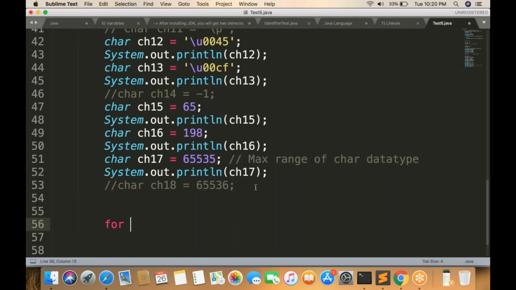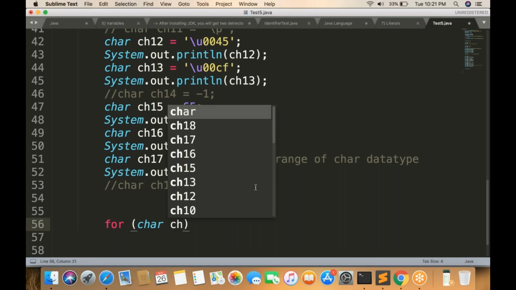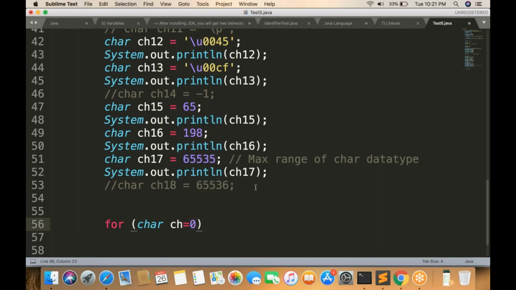Suppose I'm having one for loop. As of now, I know that you don't have the idea, but don't worry, we will discuss the for loop in detail at a later point in time. But I want to show you an example. Character ch is equal to 0, from 0 I am starting. ch is less than or equal to 255, ch plus plus, and now int x is equal to ch, suppose, and then I'm printing